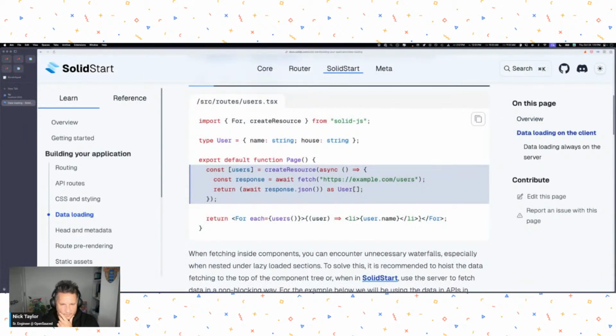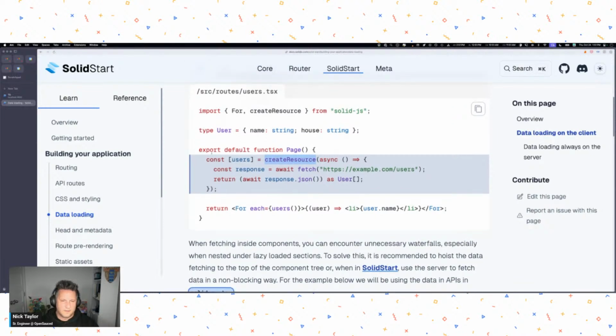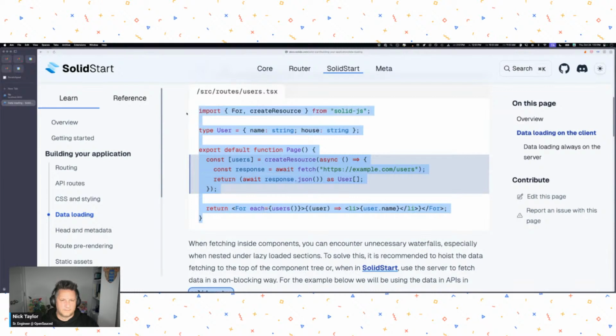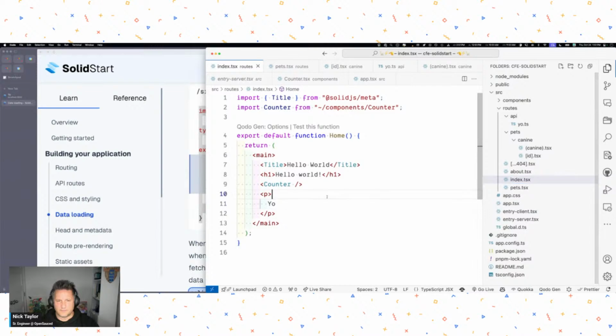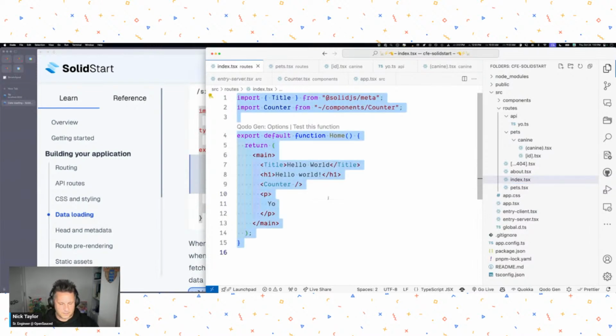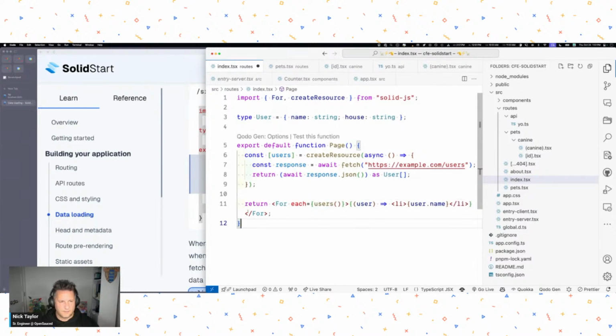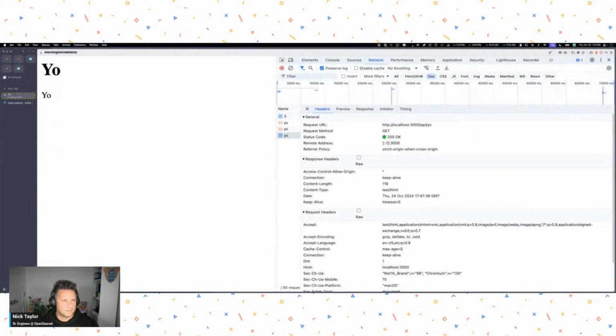We're getting close to time here, but that's all good. So on a page, we can create a resource to go fetch something, and then we can get our payload, and that is going to put it into the users, and then we can map over them. So like this we can go ahead and do, because example.com is actually a site that exists. Let's go in the index here maybe, and counter. Yeah, let's just get rid of all this. That should be good. And if we go back to the index,